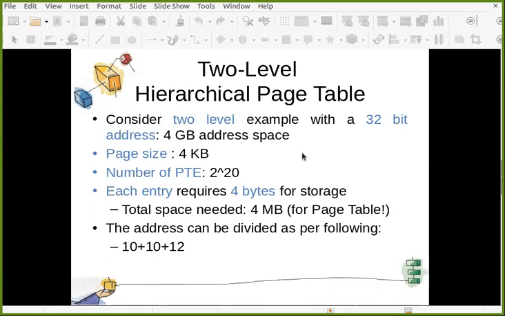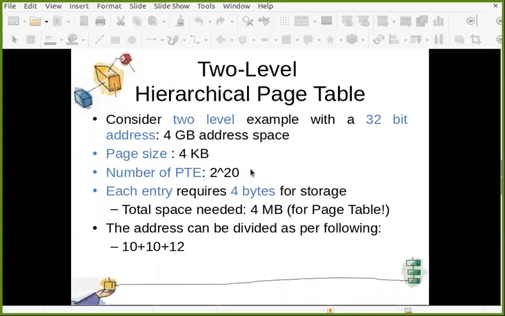Now, page size. Let's say your page is made up of 4 KB. So if a process has a 4 GB virtual address space, and it is divided into 4 KB size pages, how many pages are there? 4 GB divided by 4 KB, that is 2 raised to 20. So 2 raised to 20 pages can be there.